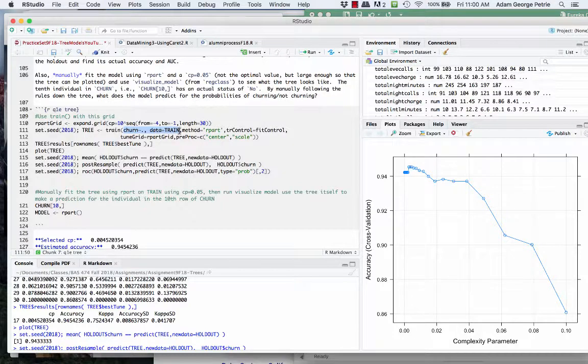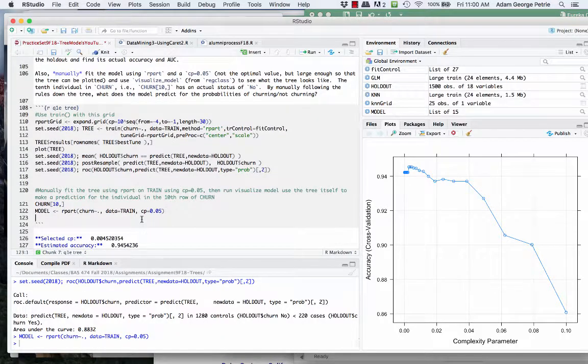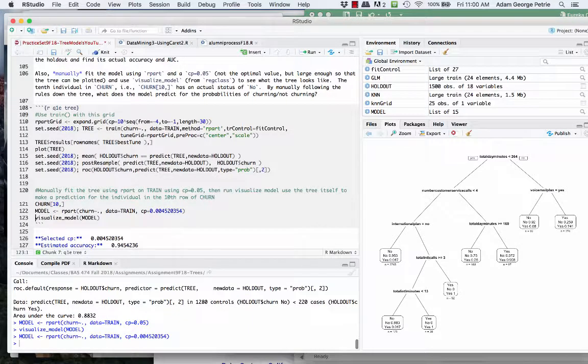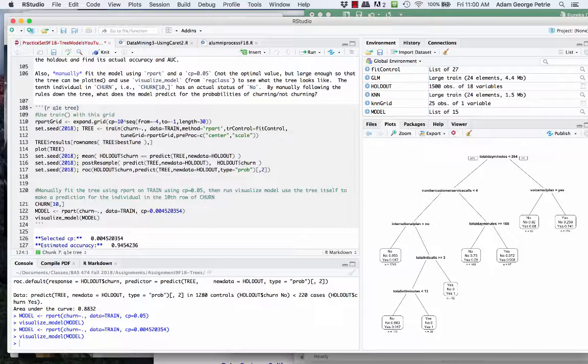Same sort of deal here. We're going to fit the model on the training data, and we're going to say use a CP value of 0.05. So when I do that, that allows me to use the visualize model command from Reg class and see what this model actually looks like. Now, here's the reason why we're using a CP of 0.05 instead of the one that was optimal. If I try to make this model and visualize it,